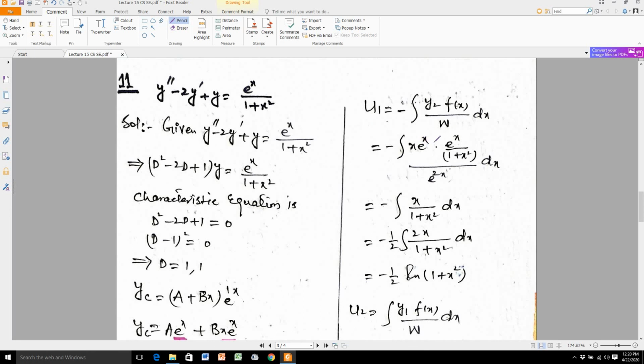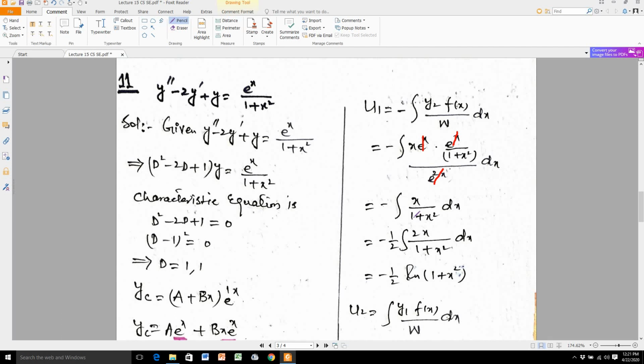Now by using the properties of exponent, here you see e raised to the power x, then e raised to the power x, bases same, powers add, you get e raised to the power 2x. And this e raised to the power 2x is cancelled with this e raised to the power 2x. This e raised to the power x and this e raised to the power x add up to each other and then they are cancelled with this term. And after cancelling e raised to the power x, or after simplification, you get x over 1 plus x square.